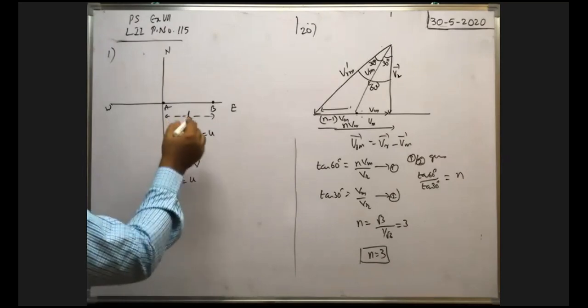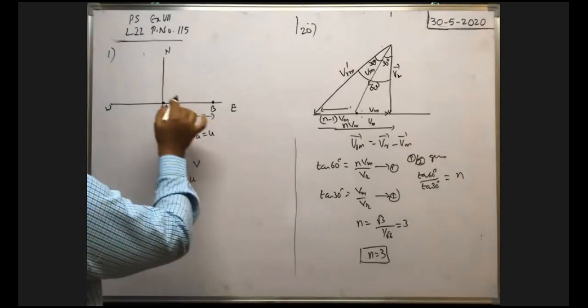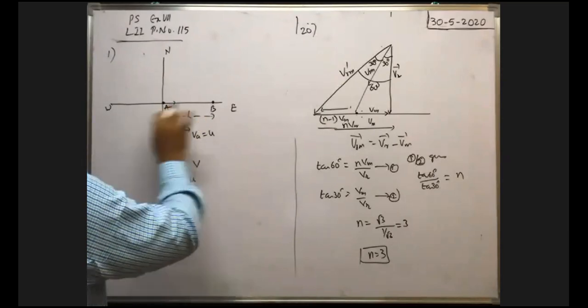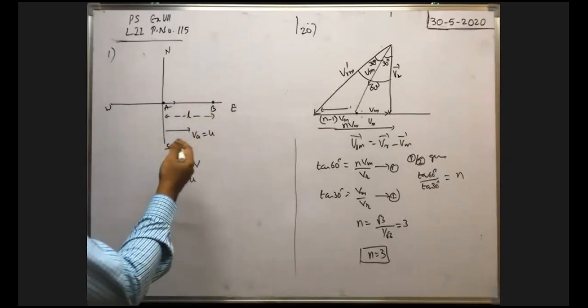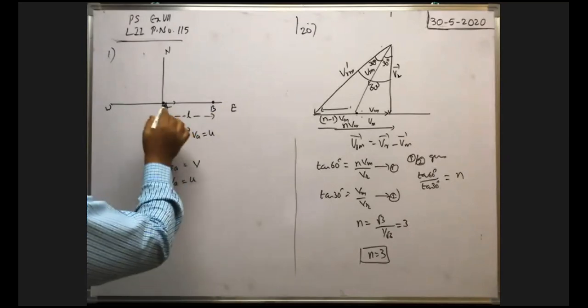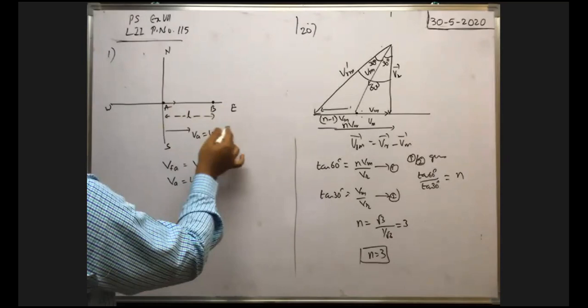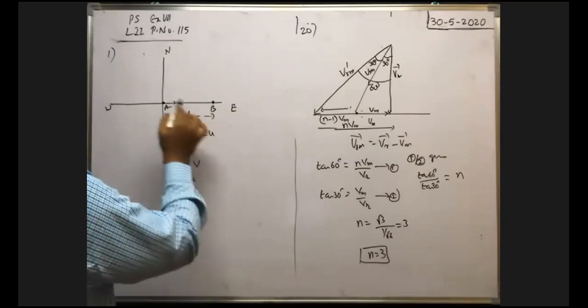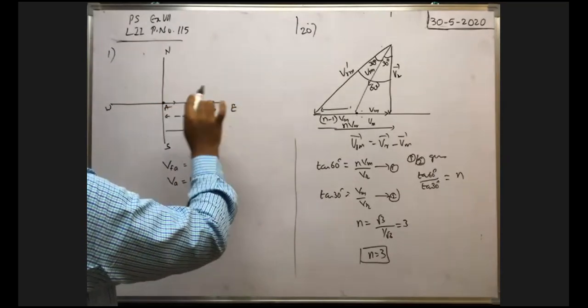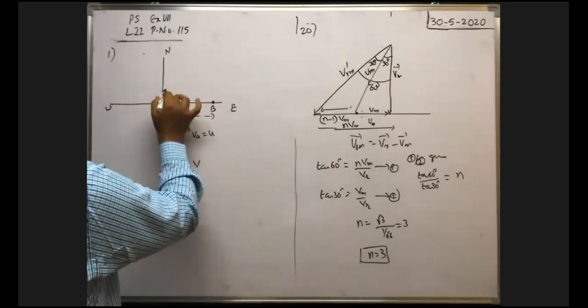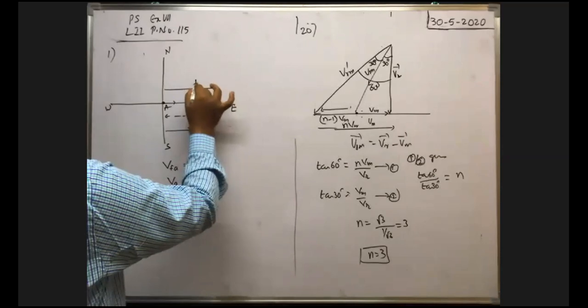As the air is blowing in this direction, when the pilot travels from A to B, he travels downstream. Just imagine this air as the river. When the pilot travels from A to B, the pilot travels in the direction of flow of the air only, no? That's why the pilot travels downstream. When the pilot travels downstream, time taken to travel from A to B is say T1 downstream.